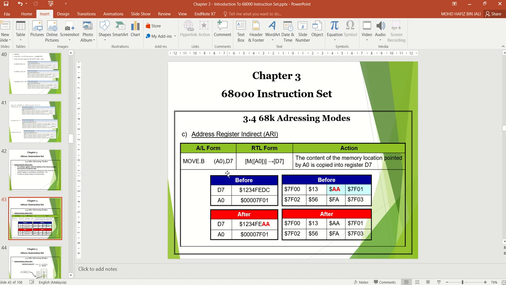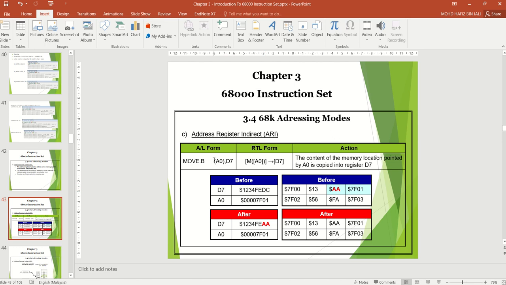Previously A0 has the address of $00007F01, where the dollar sign represents hexadecimal. D7 is $1234FEDC.